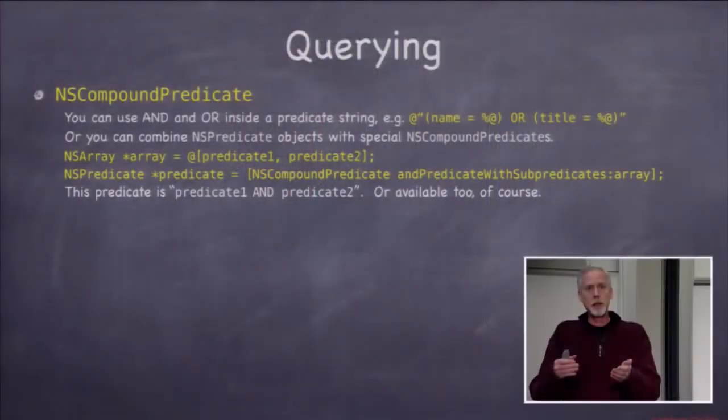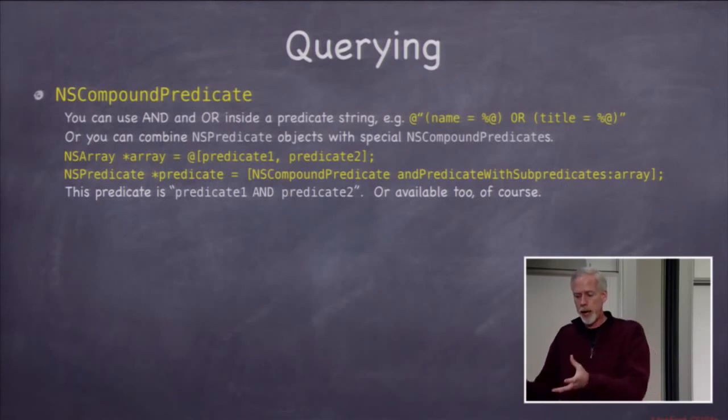Okay, so there's a bunch of examples. Again, I'm just trying to give you examples. We're not trying to teach you NSPredicate here. There's also a compound predicate. In NSPredicate, you can say AND, OR. So you could say name equals %@ or title equals %@, if you had an object that had a name and a title. Or you could